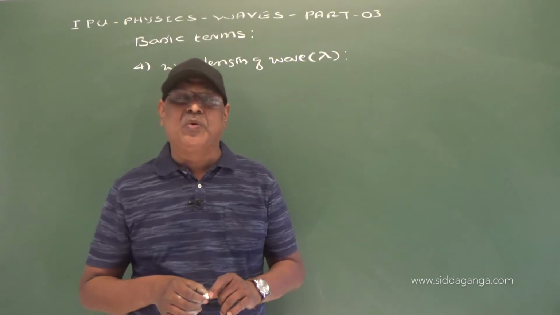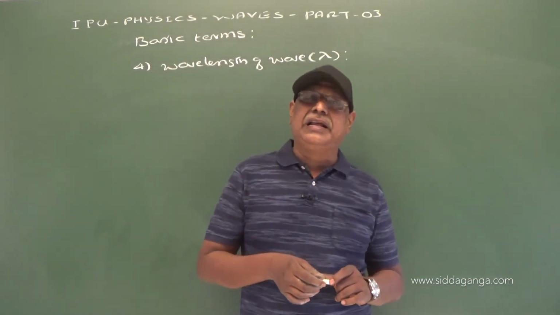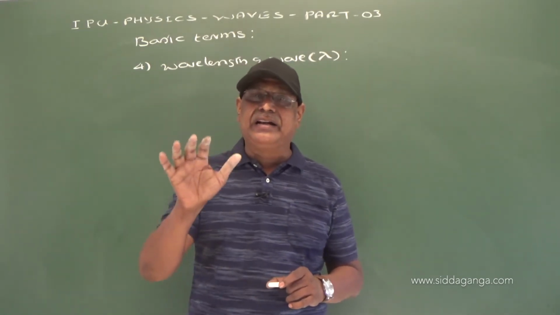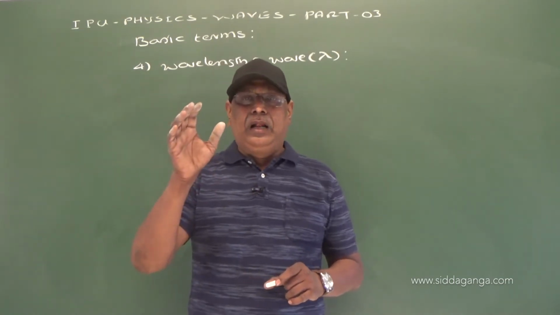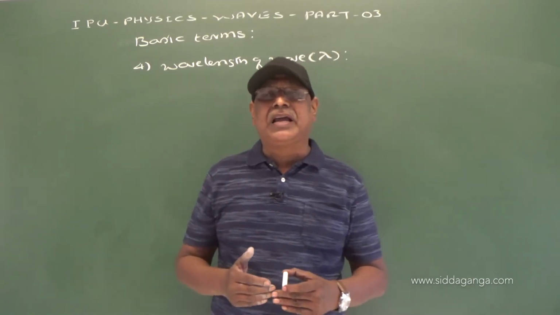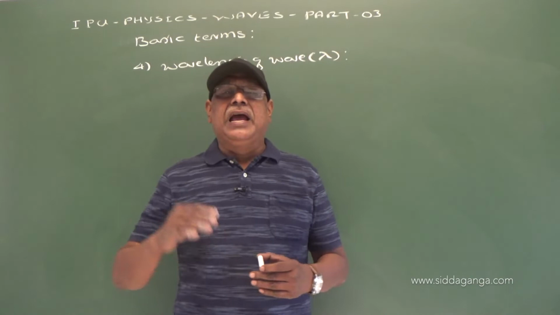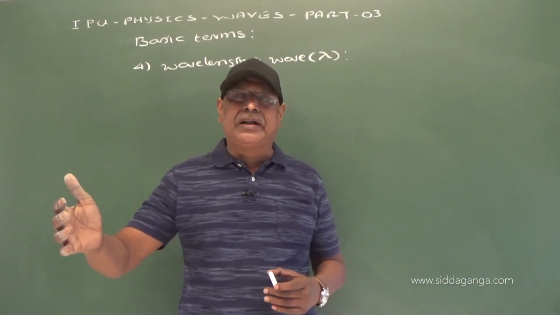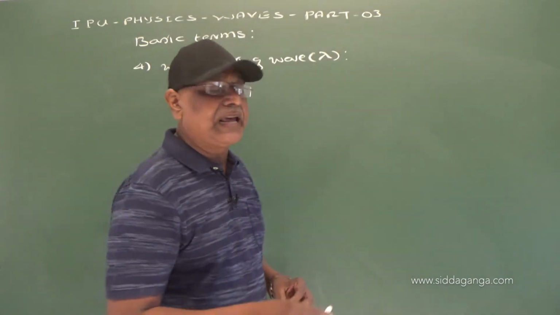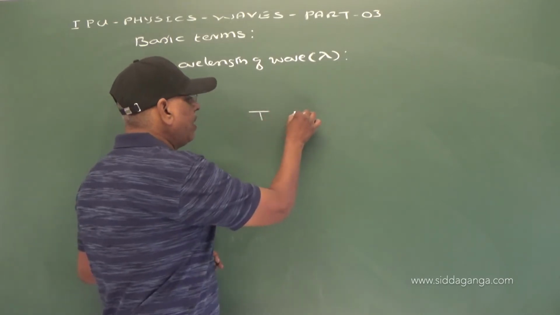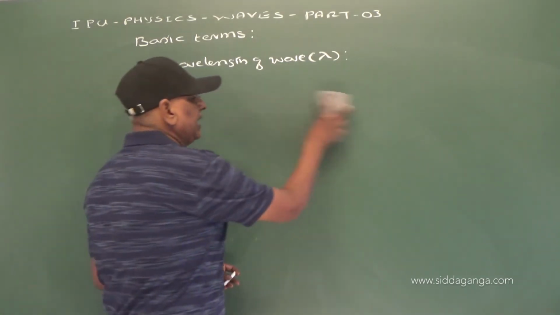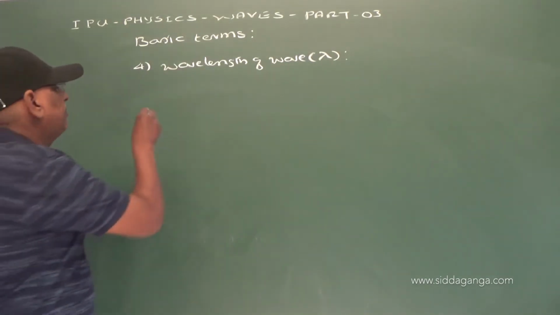Now remember the term we discussed in oscillation, that is phase of a particle executing simple harmonic motion. Phase of a particle at any instant of time is the state of vibration of the particle at that instant of time, and it represents both the position of the particle from the mean position and the direction of motion of the particle with respect to the mean position at that instant. And it is expressed as a fraction of time period or a fraction of the angle 2π. So here, definition number 1.